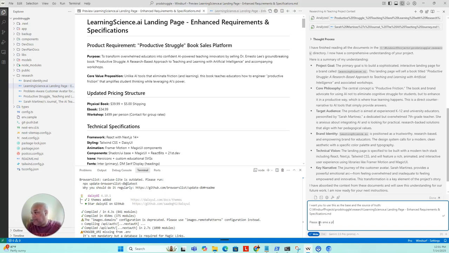Please give me a plan. Do not change or code anything. Make sure you're on write as well. Write will actually do the coding for you. Please give me a plan to ensure that